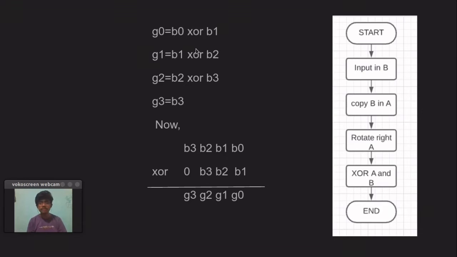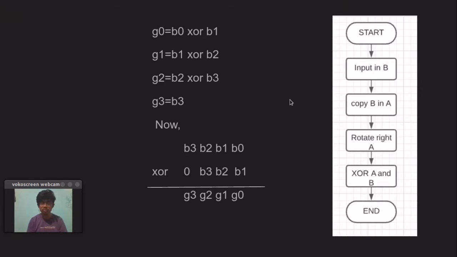So now to get the gray code from the binary number, we will be using this relationship. Here we have a binary number of 4 bits, B0, B1, B2, B3, and to get the gray code, we will be shifting this number to the right, then it becomes 0, B3, B2, B1. Taking the XOR of the two numbers, we get B3 XOR 0, which is B3 and equals G3, B2 XOR B3, which equals G2, B1 XOR B2, which equals G1, and B0 XOR B1, which equals G0. So we can see we have got the gray code from the binary number.